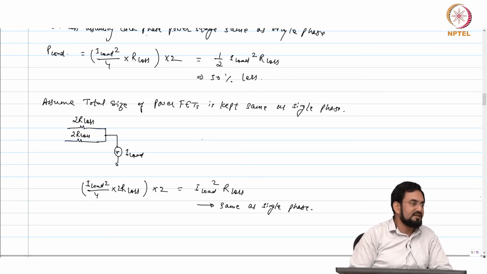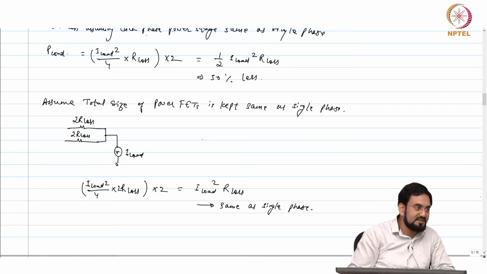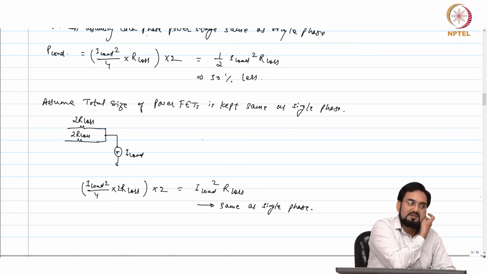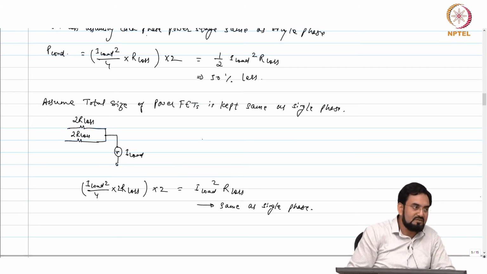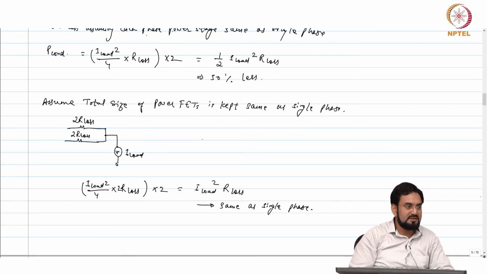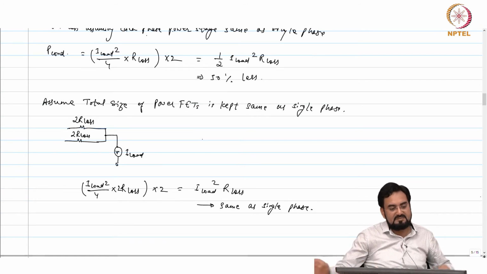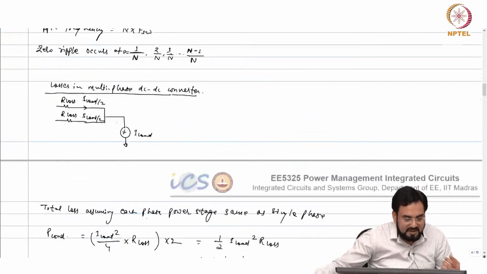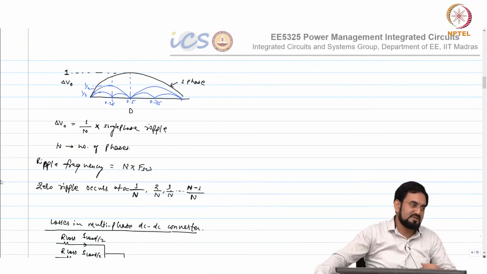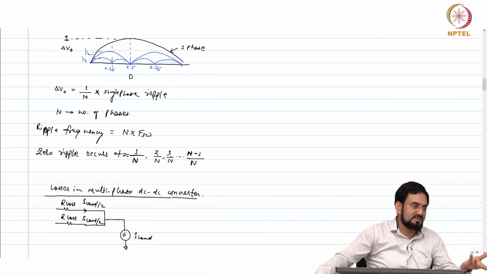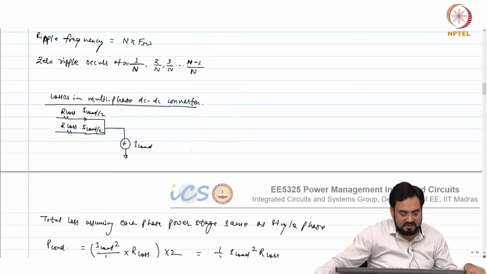losses will cause heat, and sometimes you may require a heat sink. So the size of the heat sink depends upon how much loss is in your converter. So you can reduce the size of your heat sink in a multi-phase converter compared to a single phase converter. And the same thing you can do if you are using the same inductor and same power stage, obviously here, but at the extra cost. So that's the only difference.